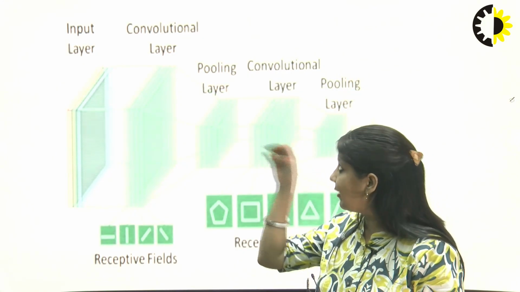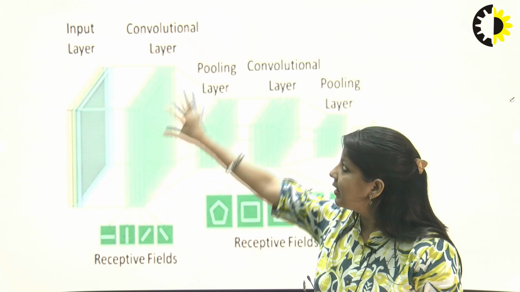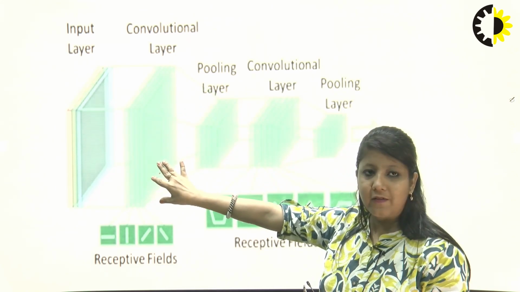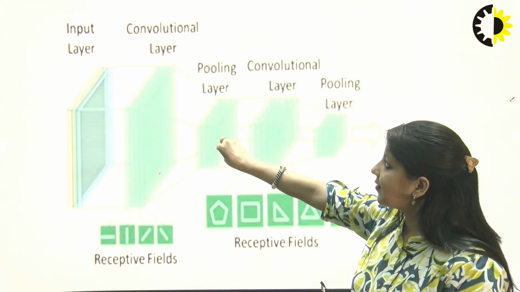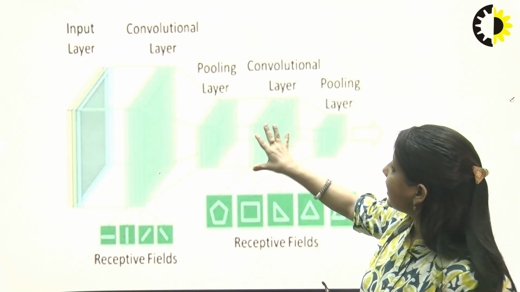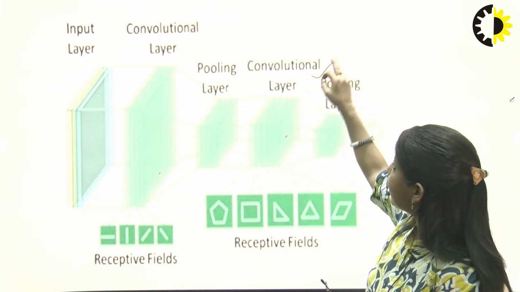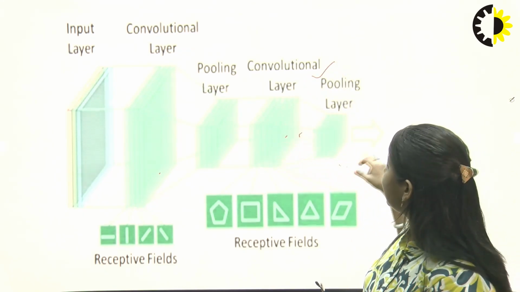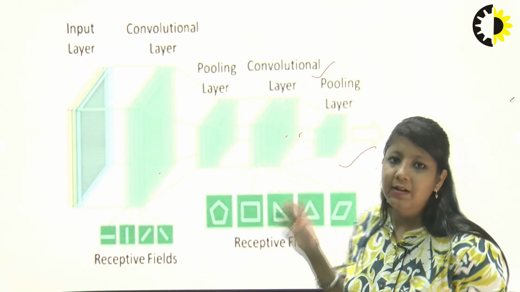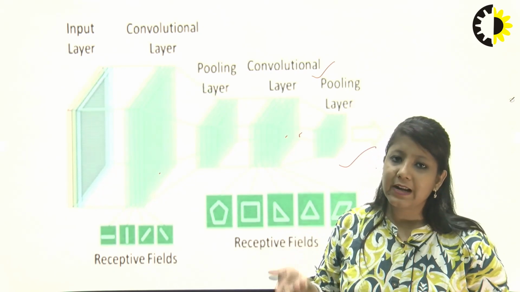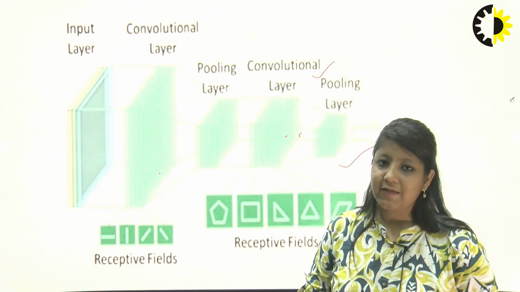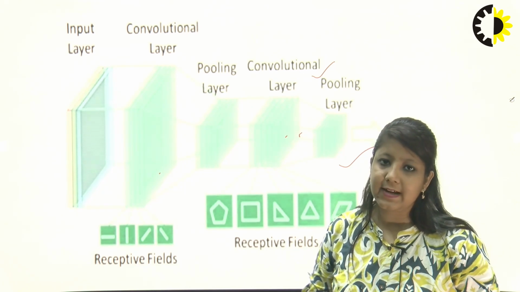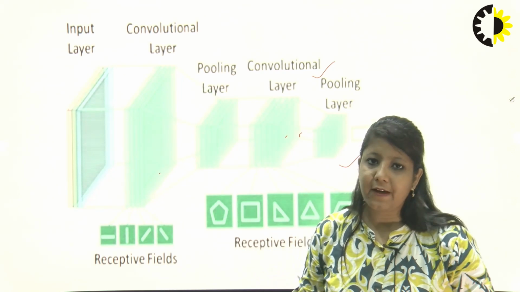So this is the whole architecture. We have the input layer, then different filters here, the convolution layers. Then the pooling layer, which will reduce the size of the convolution layer. After that we further apply the convolution, meaning a filter, on this layer, then the pooling layer, and so on. So we can apply different layers here, and the image will get more and more filtered. Finally we will get higher accuracy in identifying the image.